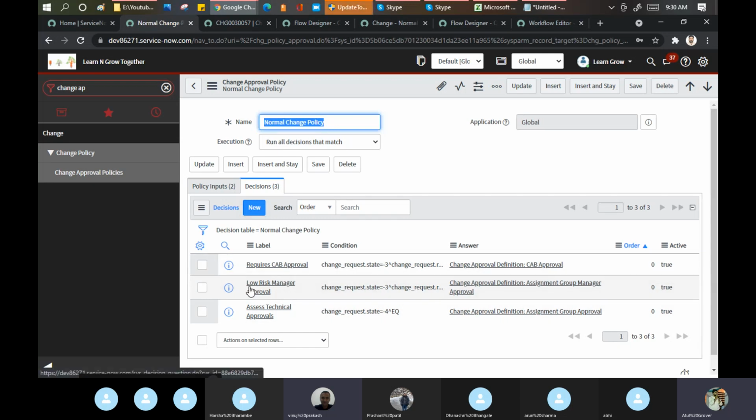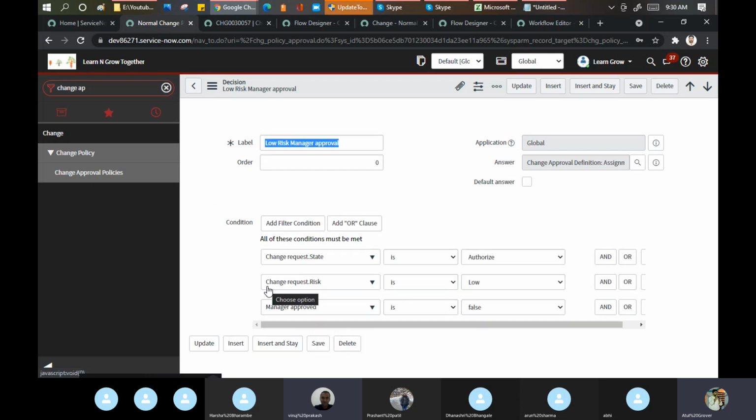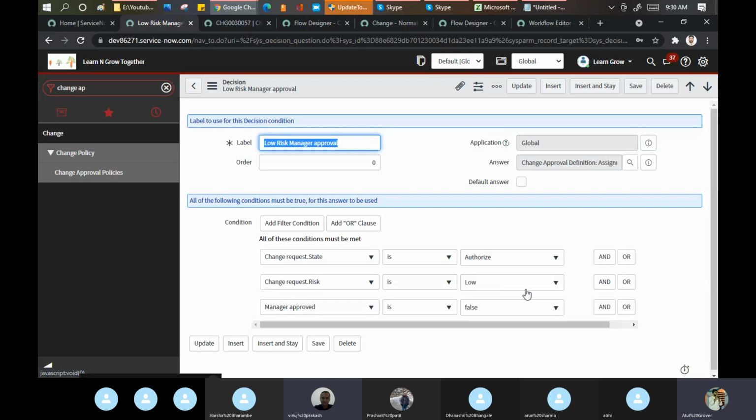Why? See, low risk manager approval. Why is this not executed? Let's see what condition they mention here. They say when your risk is low, then this approval should go, and manager approved is false.